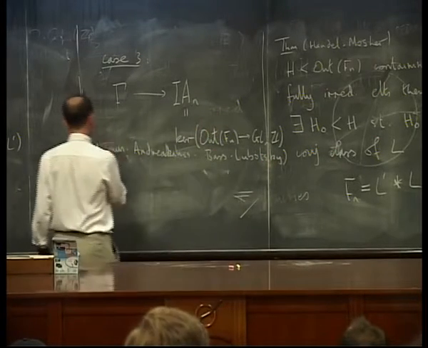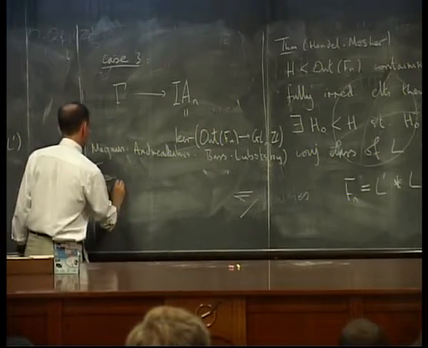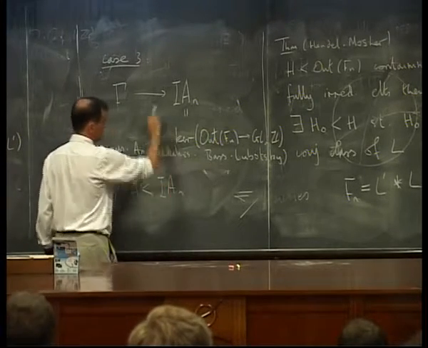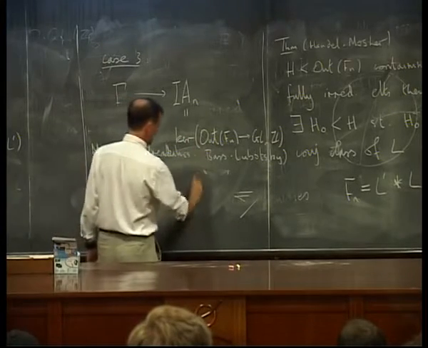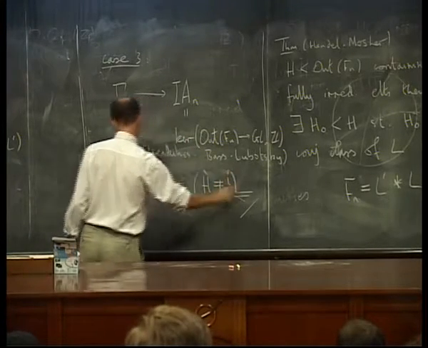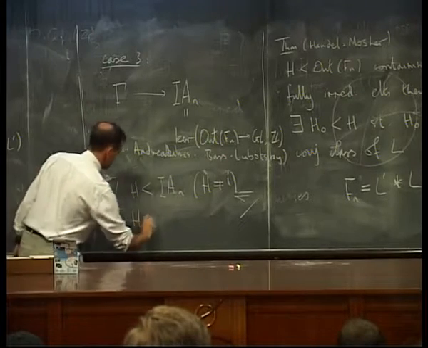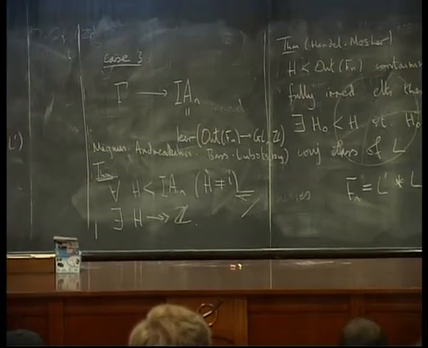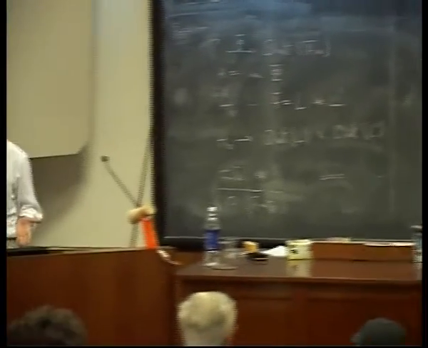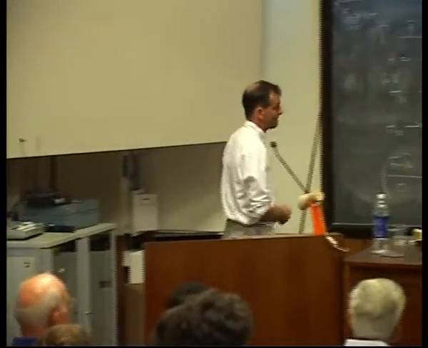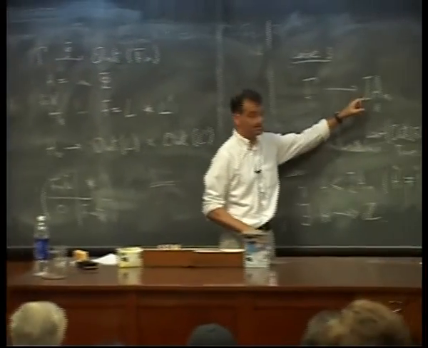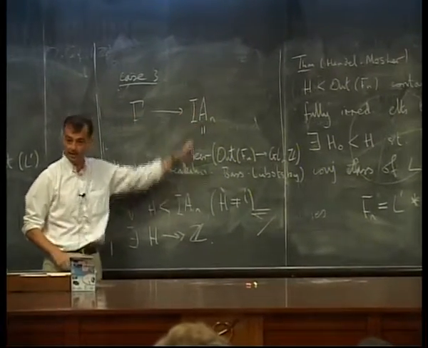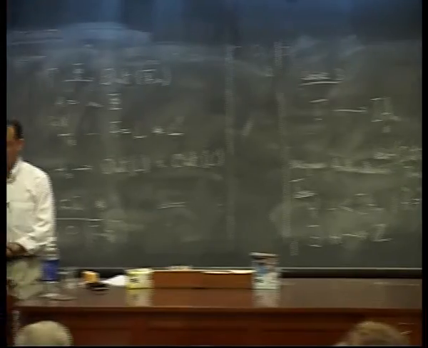So using ideas coming from those, what we actually have to prove here is that for all subgroups of IA_N, the kernel of the map from Out(Fn) to GL_N(Z), as long as the subgroup isn't trivial, there actually exists a map of this group onto Z. This group is indicable. Every subgroup maps onto Z. But lattices can't map onto Z. Higher rank lattices can't map onto Z, and therefore the image of this is actually trivial. So the only map from a higher rank lattice to IA_N is the trivial map. I'm sorry to have gone over. I'll stop.